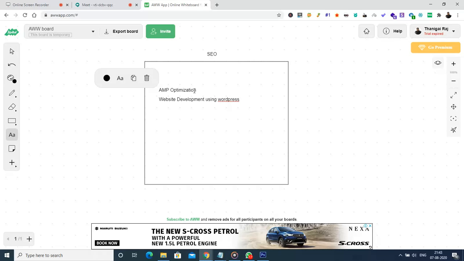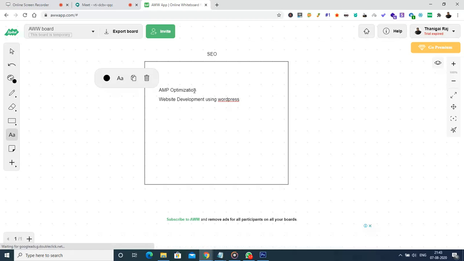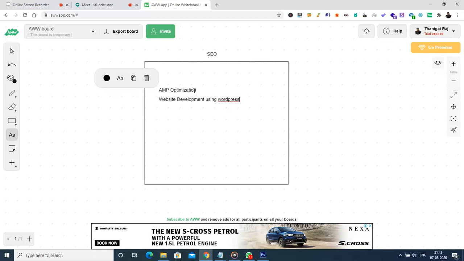To begin with, let us recall the things that we had learned in the SEO chapters in the last classes. One is the basics of SEO and why SEO is essential for all websites. The second is the factors involved in SEO to make a ranking for a particular website: on-page optimization and off-page optimization.